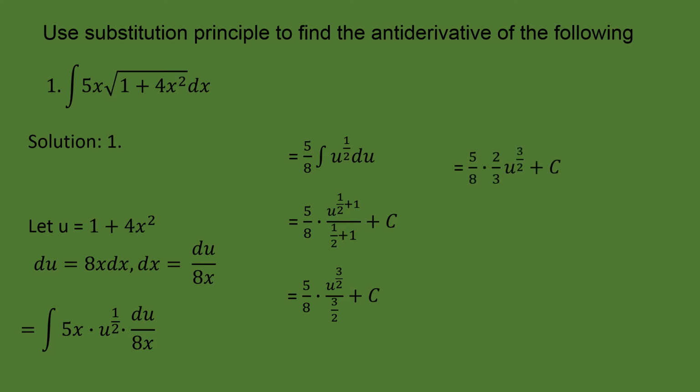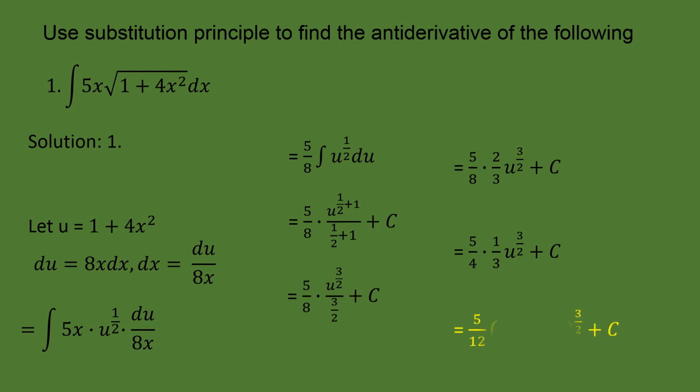Then after that, we will now simplify by getting the reciprocal of 3 over 2, then multiplying it to the base of u. So we have 5 over 8 times 2/3 of u raised to the power of 3 over 2 plus c. Simplifying, we have here 5 over 4 times 1 over 3, because 2 and 8 we can actually get their lowest term. So we have 5 over 4 times 1/3 u raised to the power of 3 over 2